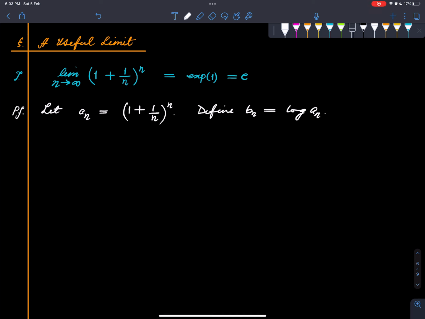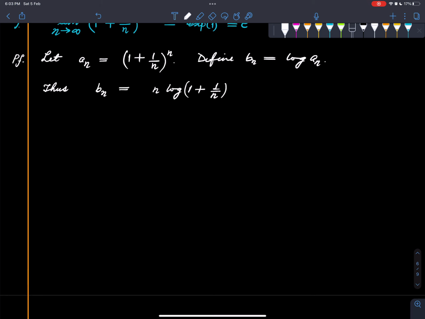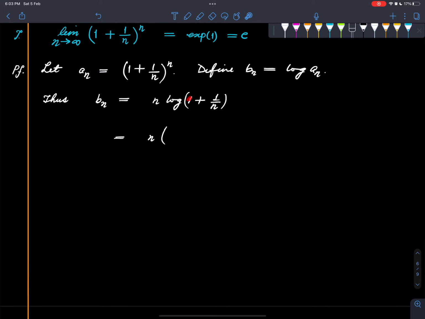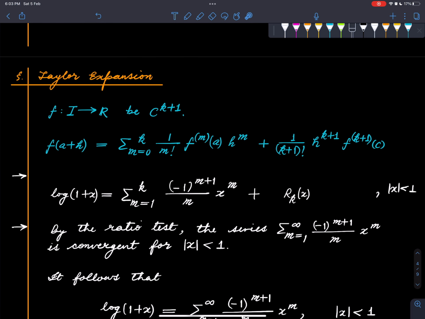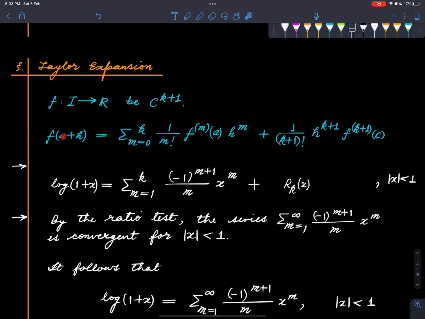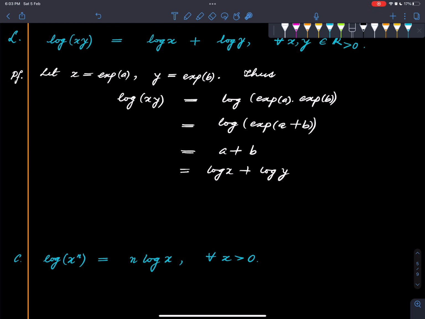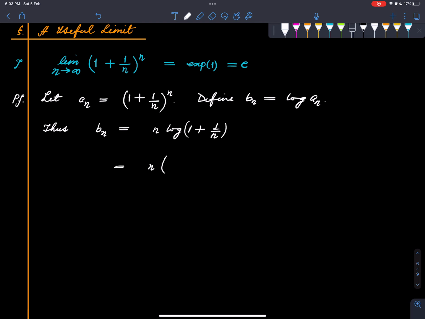So thus bn is n times log of 1 plus 1 by n. Alright, so now here I will use the Taylor expansion. This is n times, so I'll take Taylor expansion about 1. Let me tell you exactly what I'm doing. Here you take a equals 1 and h equals 1 by n in this expression, and I will use k equals 2. So if you do that, what you're going to get is, well, I'll also have to calculate, but you're going to get